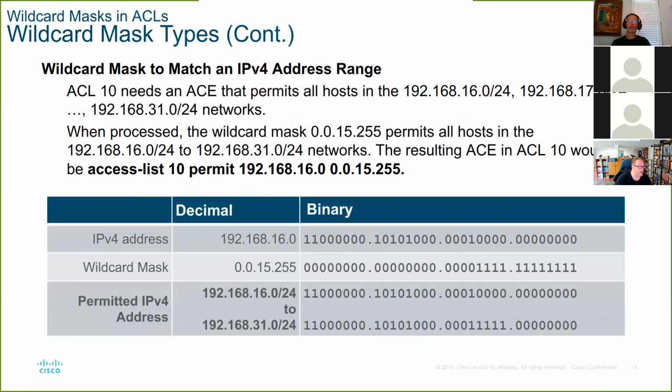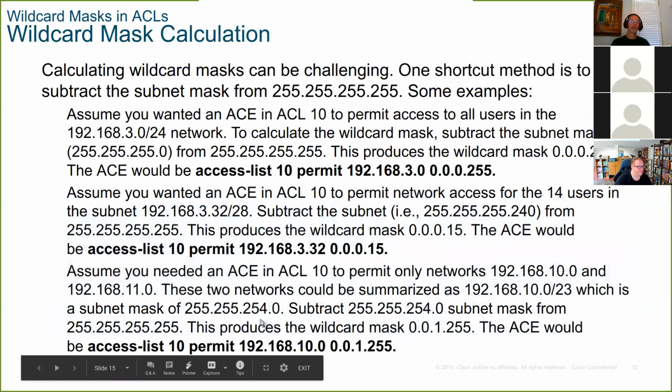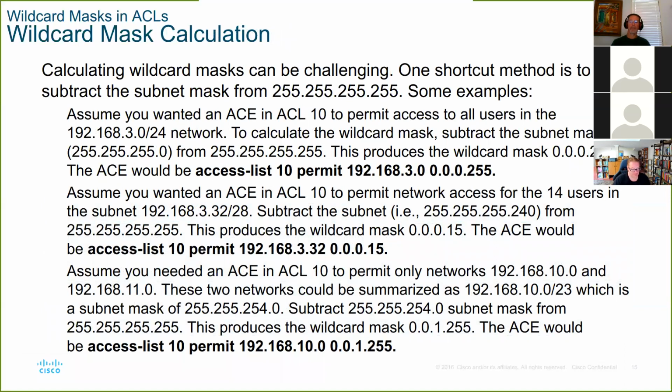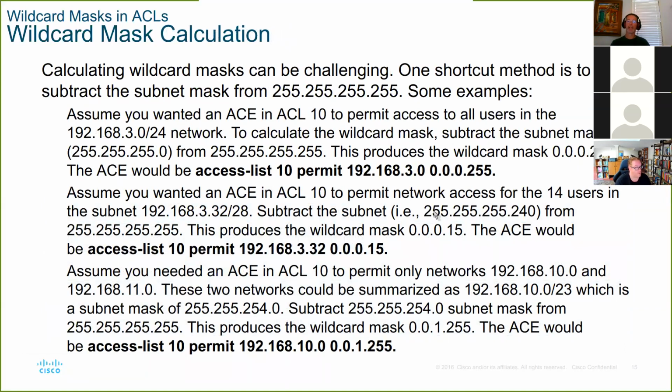Or even a subnet or a supernet in this case, right? Here, I'm going to allow everything from the 16.0 all the way up to the 31.255 if I add these last two octets. That's how I get this. So calculating the wildcard mask, we did this yesterday. There's a couple different ways that you could do it, right? If I take the subnet mask for the network that I'm interested in and I subtract that from the global broadcast, I get 0, 0, 0, and 15. So that's the wildcard mask.